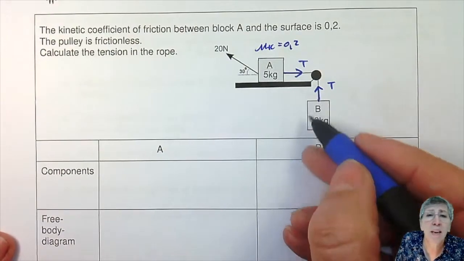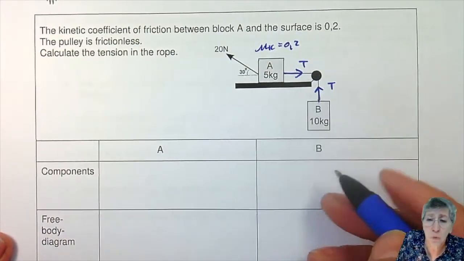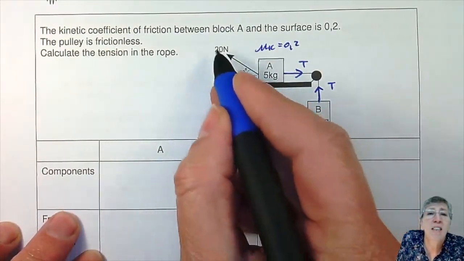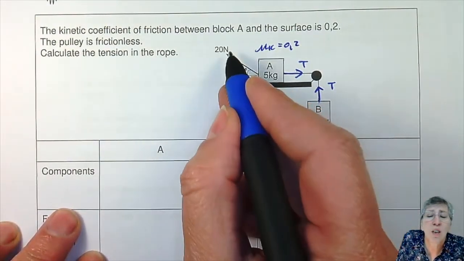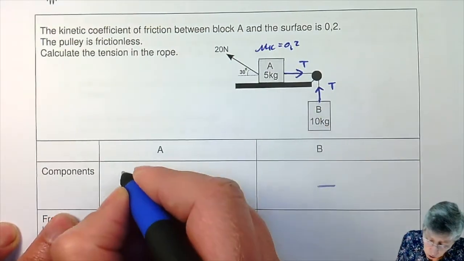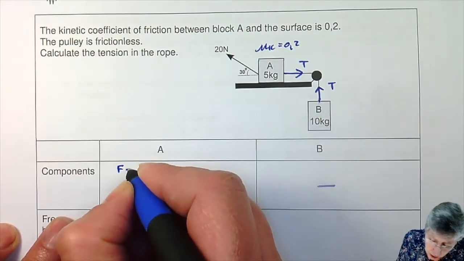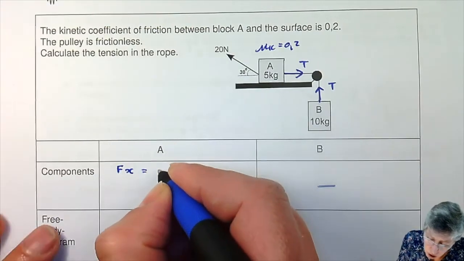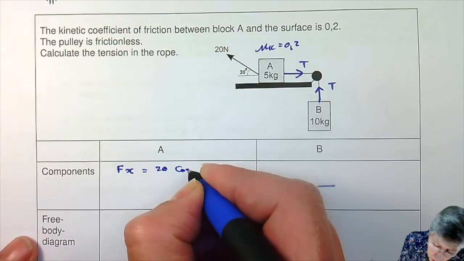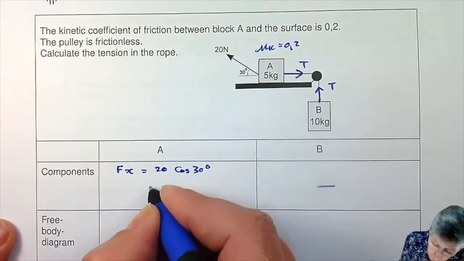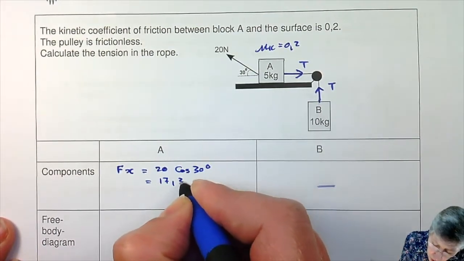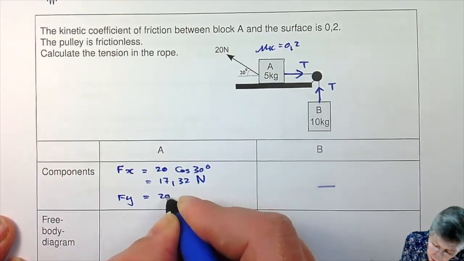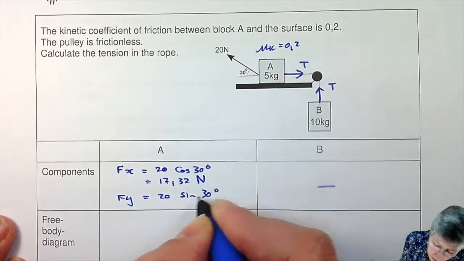So for B, B is in the direction that it would be moving, so there will be no components. For A, it is the applied force that is in a weird direction and not telling us enough. So we are going to take that applied force and make that into an X and a Y component. For the X component, that will just be 20 cos 30, and you end up with 17,32 newton. And for the Y component, that will just be 20 sin 30, ending up with